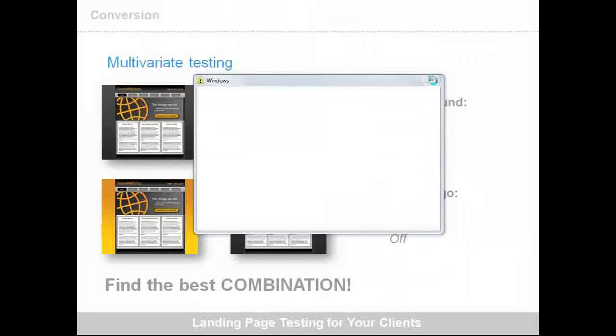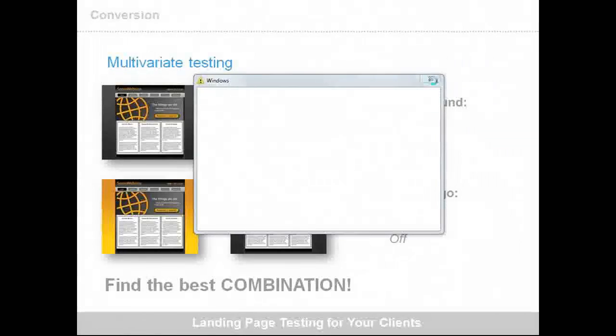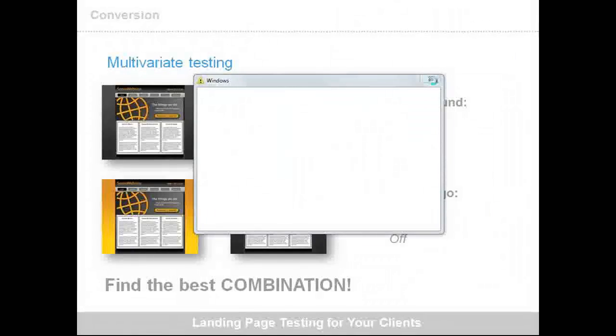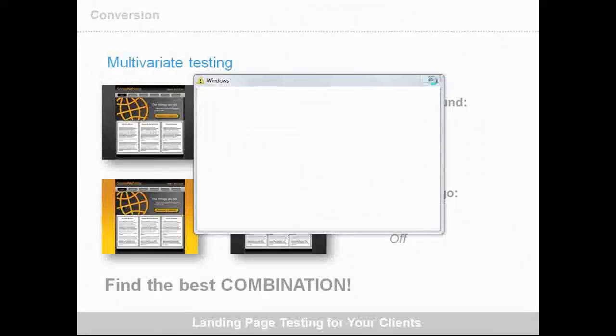Multivariate testing is pretty much the same thing, but you're introducing one more factor. So you're not just changing the background, but you've also added a Trust Me logo to the landing page. So you want to see whether it works with a black background, the regular one, or a black background with a Trust Me logo, or an orange background, or an orange background with a Trust Me logo. So what you've done is a 2x2 multivariate test. Your two main factors are background and the trust logo, whether it's on or off. The idea is to find the best combination of the two and then run with that.